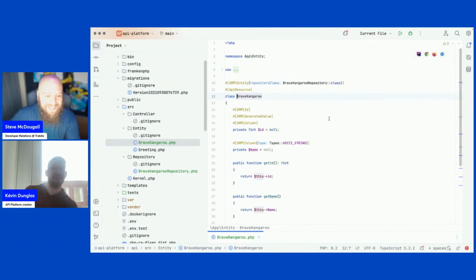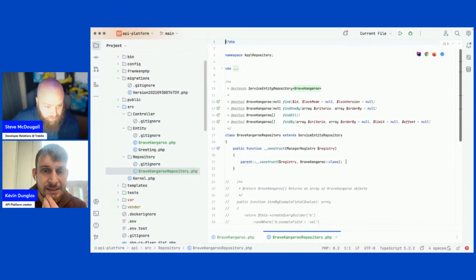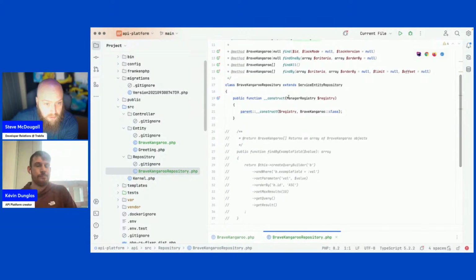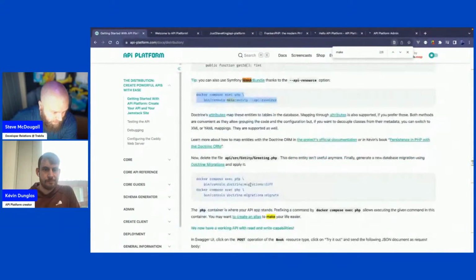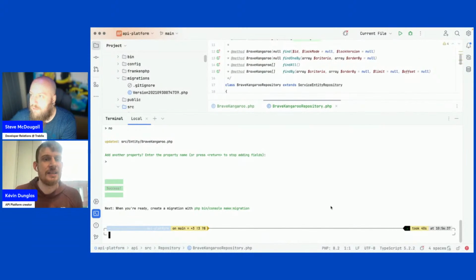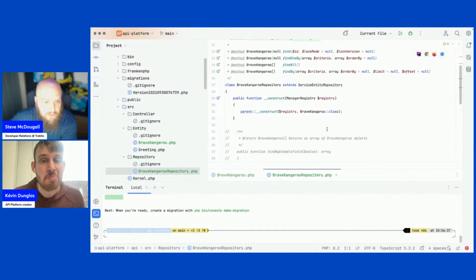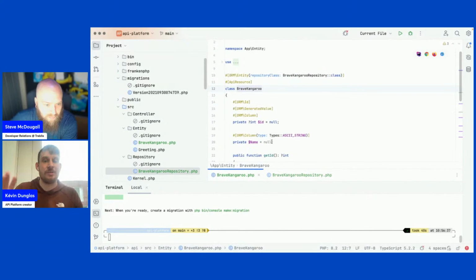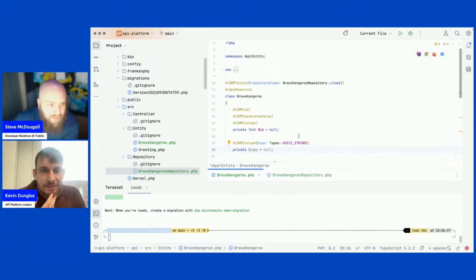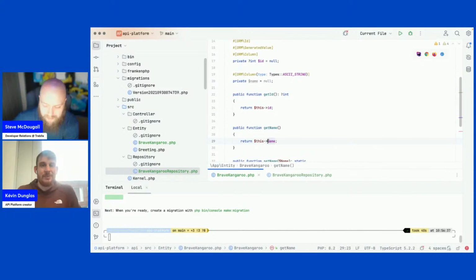It works. Okay, so we've got Brave Kangaroo. We've got a nice repository, findByExampleField, findOneBySomeField. Excellent. So once that's been done, it says we can run the diff to see what changed. Just maybe one thing, be careful with the name of the entity. I saw an uppercase N at name, and it may or may not cause issues, but it's not in sync with the conventions actually. Yes, that is my fault. So, unfortunately, I think that you will also have to rename all of this.